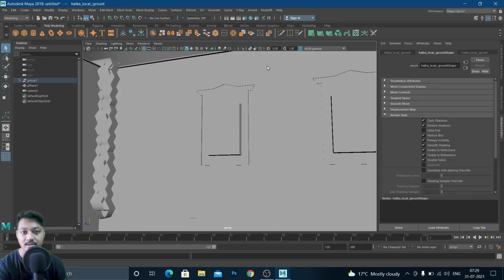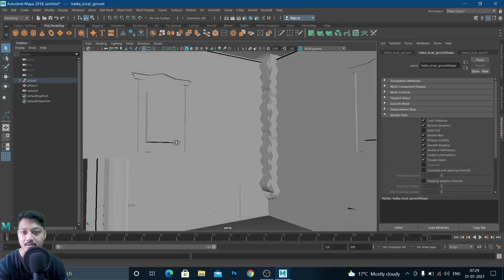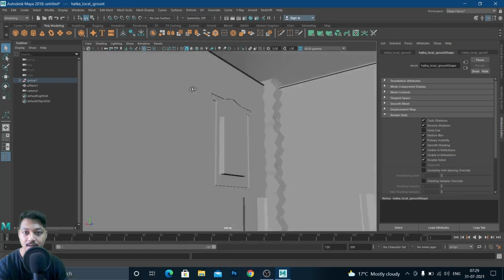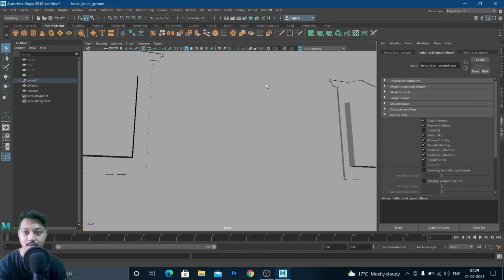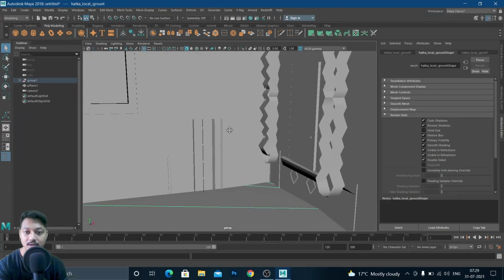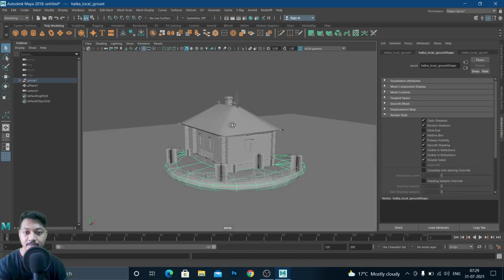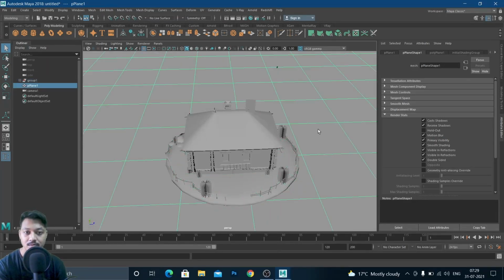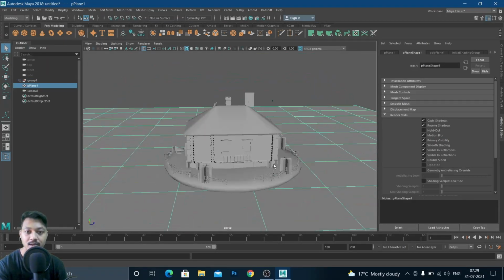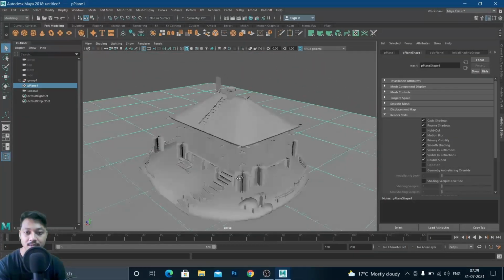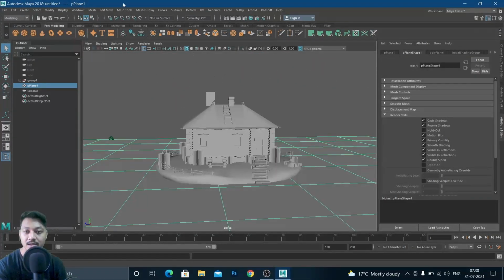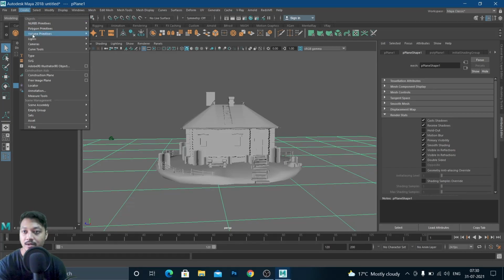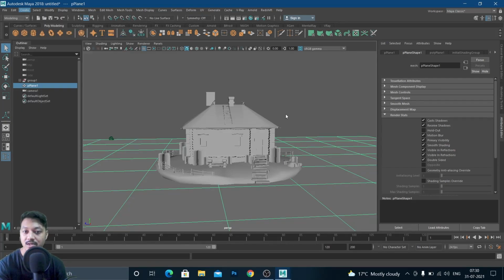We have to place a tube light here and a point light here and a tube light there and a point light here. But first we should make this scene look like a night scene. So for that, create lights, directional light,